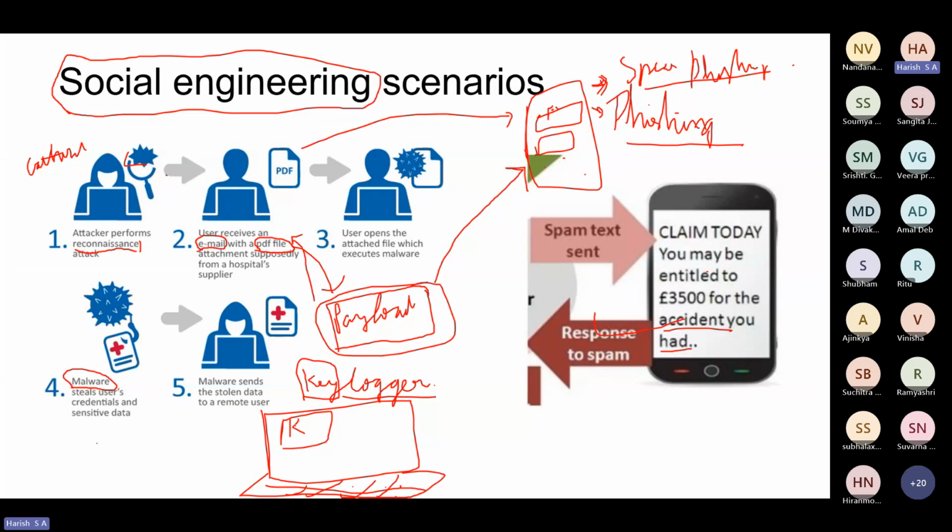So what the keylogger does is it keeps a record of whatever keystroke you're pressing. You press K, K is recorded here. If it is H, it's H. So essentially, whatever keys you're pressing, it's recorded by this keylogger, right? And this is periodically sent to the attacker from time to time.